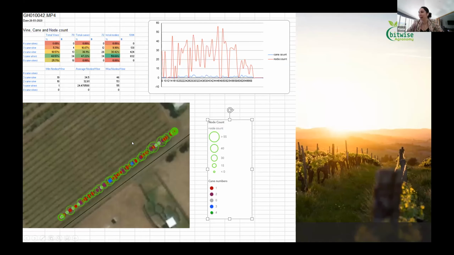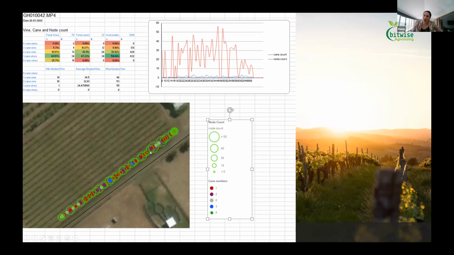We take this information and put it into actionable insight and into reports. At the top of this report, as I go down a row in my vineyard, I can see different things that are happening. I can see the number of canes per vine and the number of nodes, which is really important to me at the moment because I'm looking at my pruning weights. And this textual information lets me break down my pruning quality. Quite embarrassed to say this is a row that I pruned myself. Obviously, I'm way better at technology than pruning, because this is all meant to be 4 canes and there's not 1 four-cane vine there.